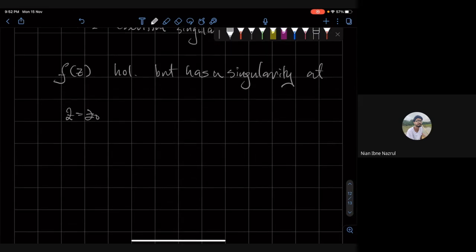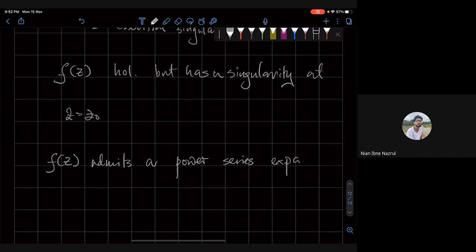Then you can show that f of z admits a power series expansion around z equals z naught